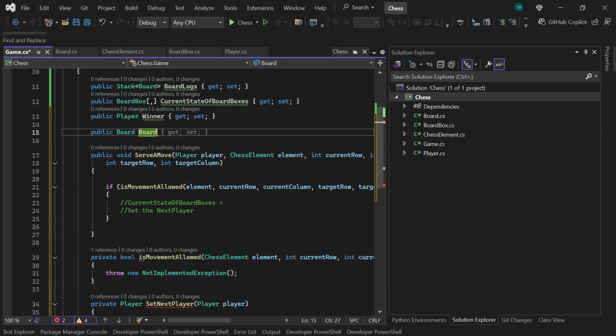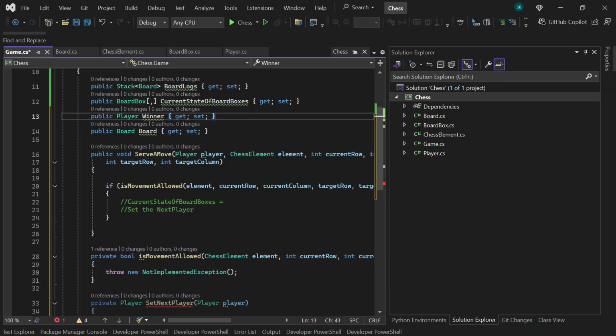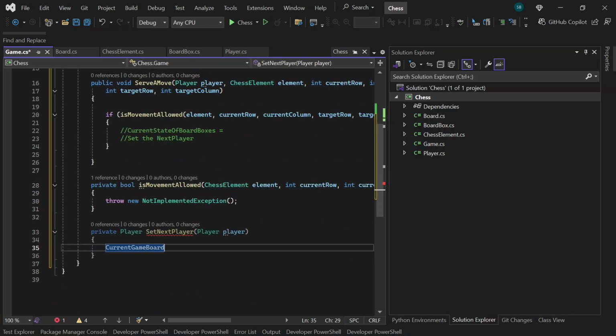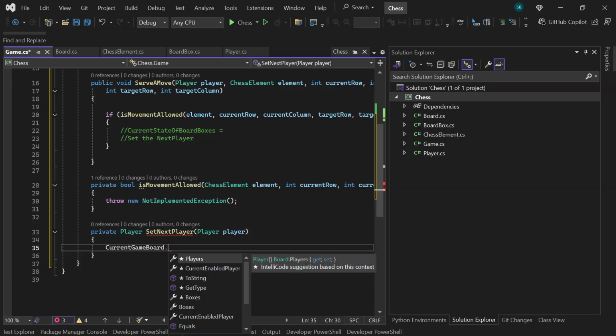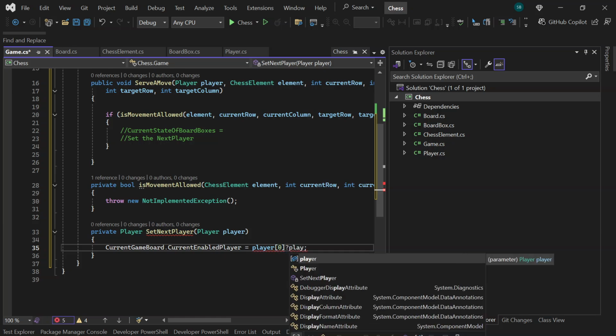So this particular board, I'm going to use this particular current game board, and in that game board, what I'm going to do is dot current enabled player equal to, if it is player 0, then I'm going to mark as a,